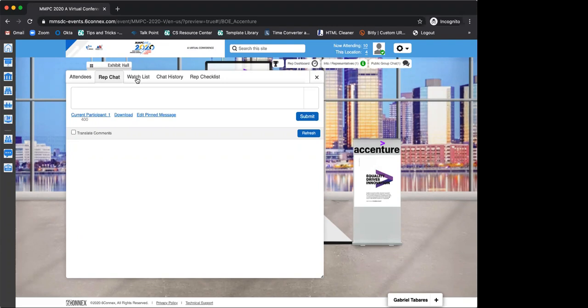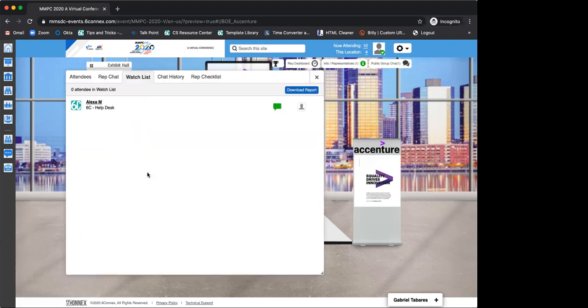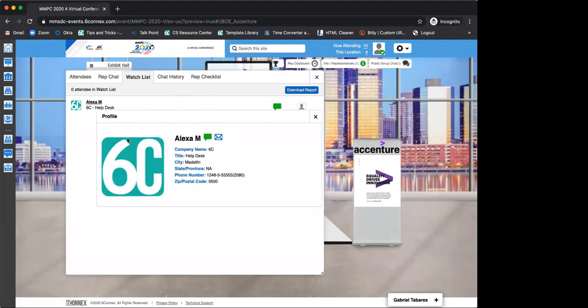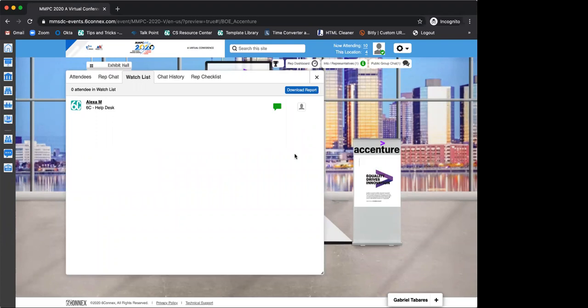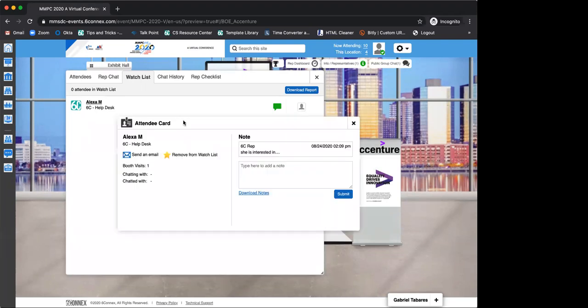Now, you have the third tab here, which is the watch list. If I go to the watch list, remember we sent Alexa through here. Well, she will appear here, and everyone that you add to that watch list. So you can come here, you can download a report of anyone that you sent, okay? So you will have that list. You can come again, click on the information, you can click on the profile card or attendee card, you can download the notes as well,